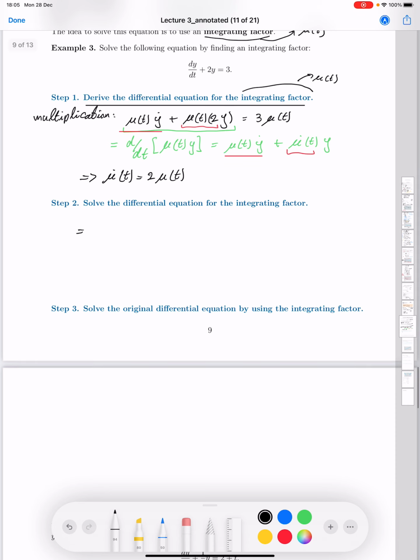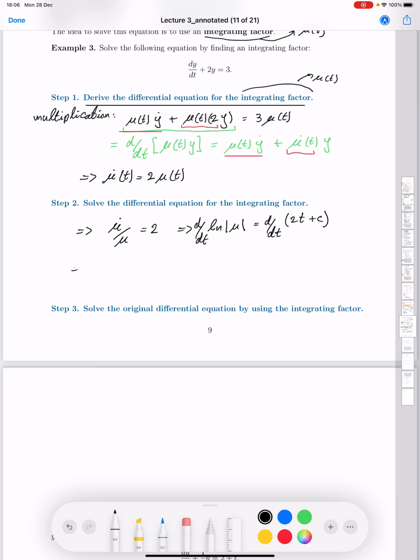So for that, I will simply write it down as mu dot over mu equals 2, and therefore you should remember from the last lecture that this is the time derivative of ln of the absolute value of mu, equal to 2. You can also write this part as the time derivative of 2 times t plus some constant c,